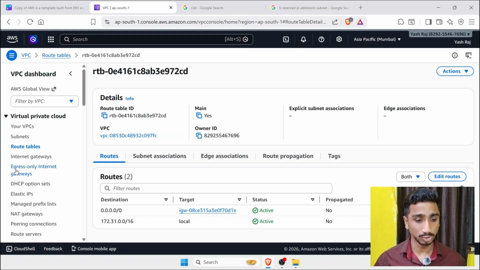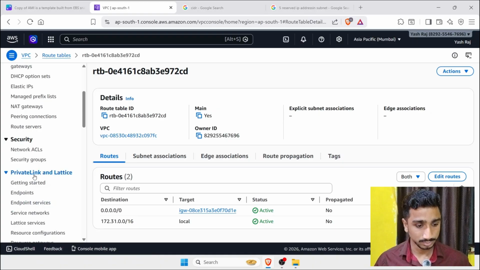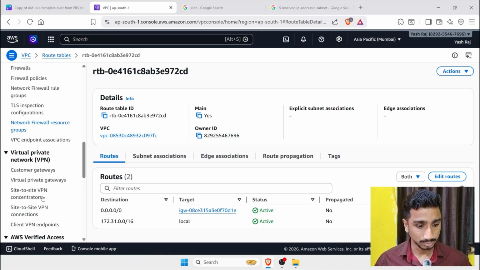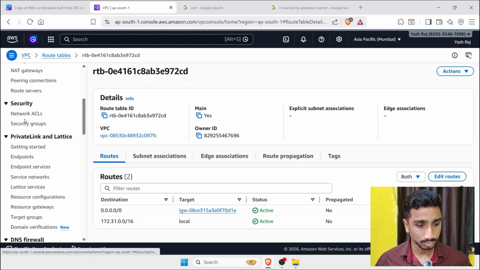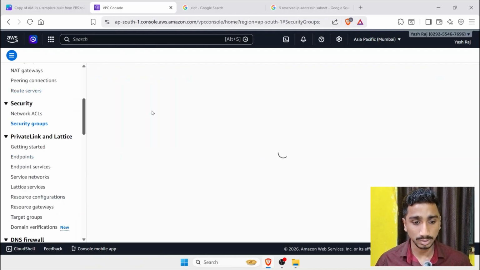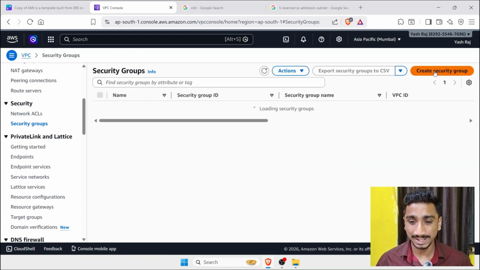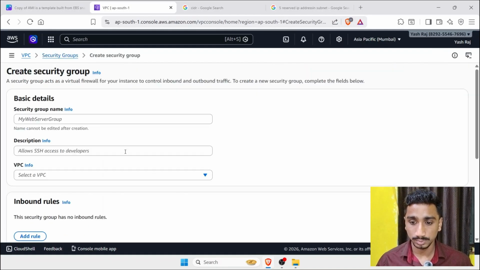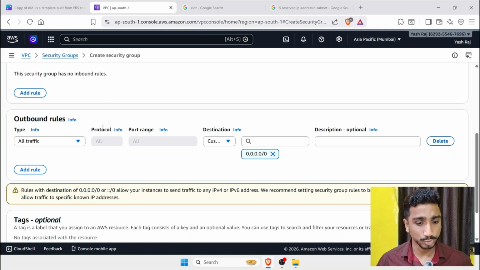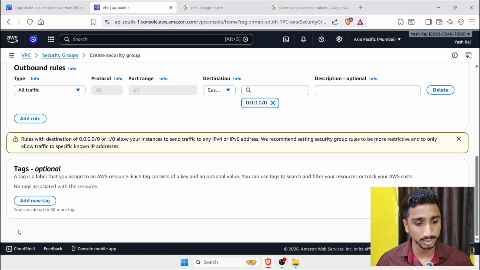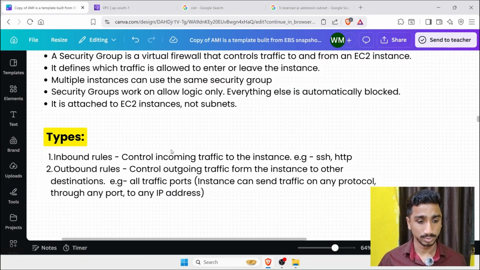Here you can see the security groups also, yeah, security groups in the security section. Here you can also create a security group. Here you can put your inbound rules, outbound rules, some tags if you want, and finally you can create by clicking this here. So